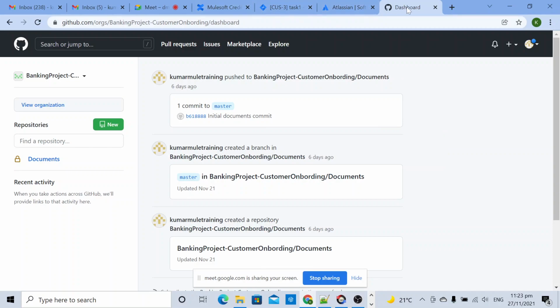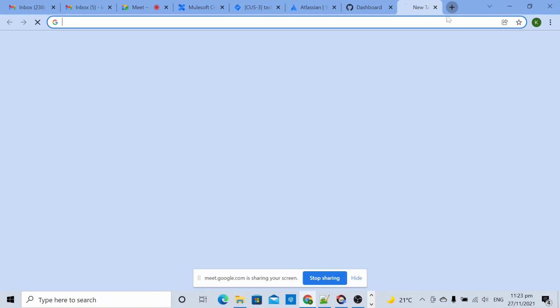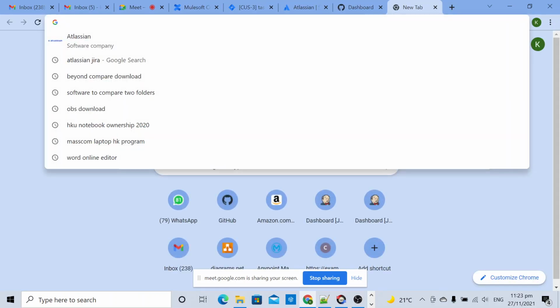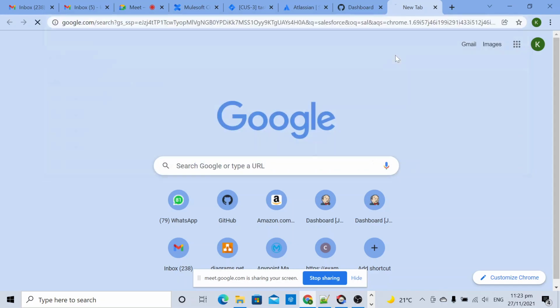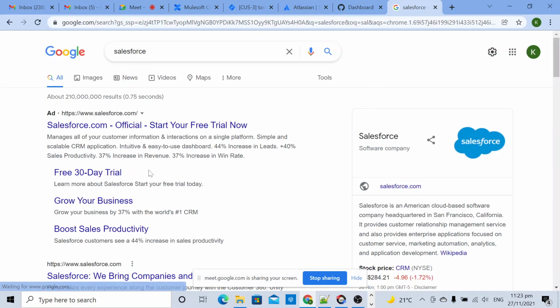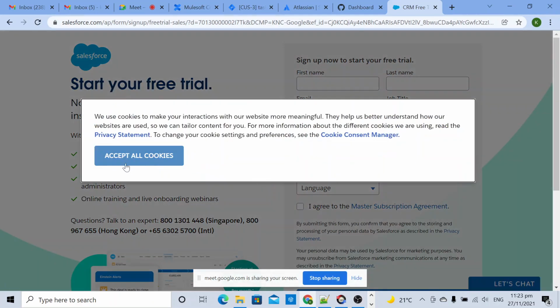So Git, Jira, Confluence, Anypoint Studio are done. Next, we will understand this Salesforce account. You need to create developer accounts here.